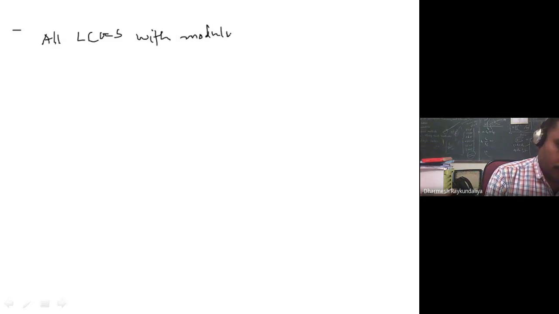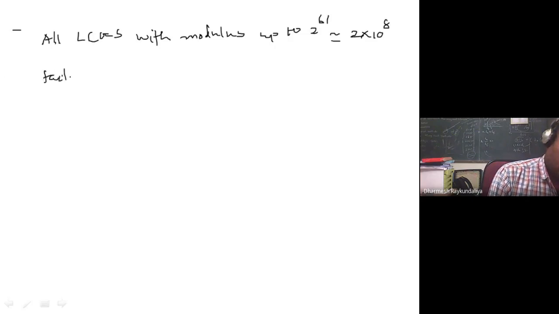Another author has found that many of the LCGs, that is linear congruential generators, with modulus up to 2 raised to 61, that is approximately 2 into 10 raised to 8, fail several tests and should be avoided.